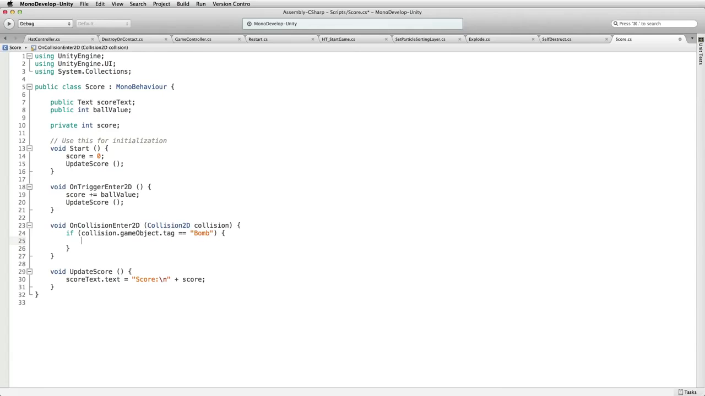So if the thing that hits our collider, not the one marked as a trigger, but the one that is a proper collider, is marked as bomb, then we take our score and we minus equal, we decrement it by the ball value times 2. So we'll get 1 point at this point because we've assigned a ball value of 1 for when we catch a ball on the trigger,